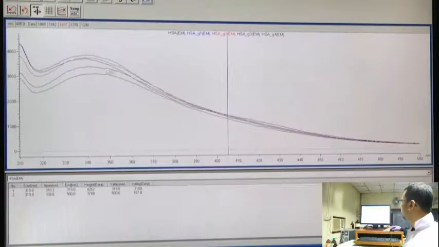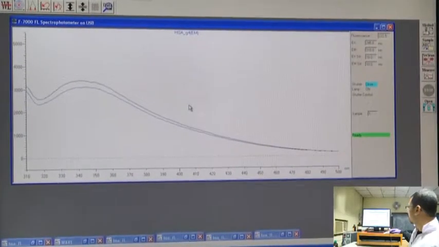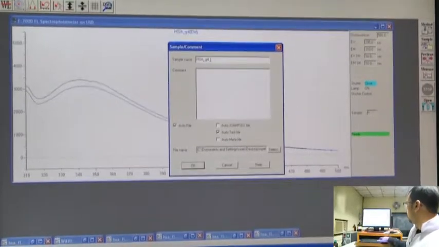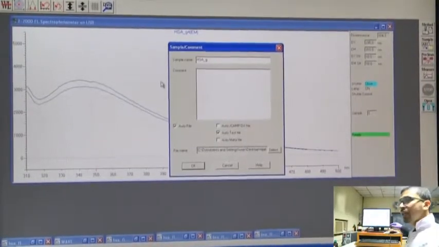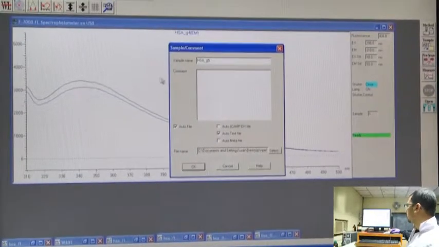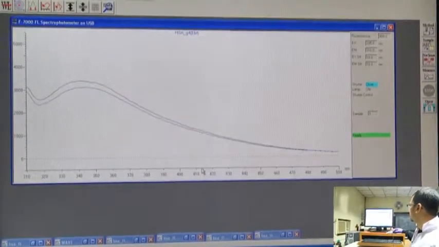If we move here, we can see that all the emission spectra which we have carried out are accumulated in this window. So, we can select any of the data and see how we carry out with a range of concentrations of guanidine hydrochloride. Again measure.